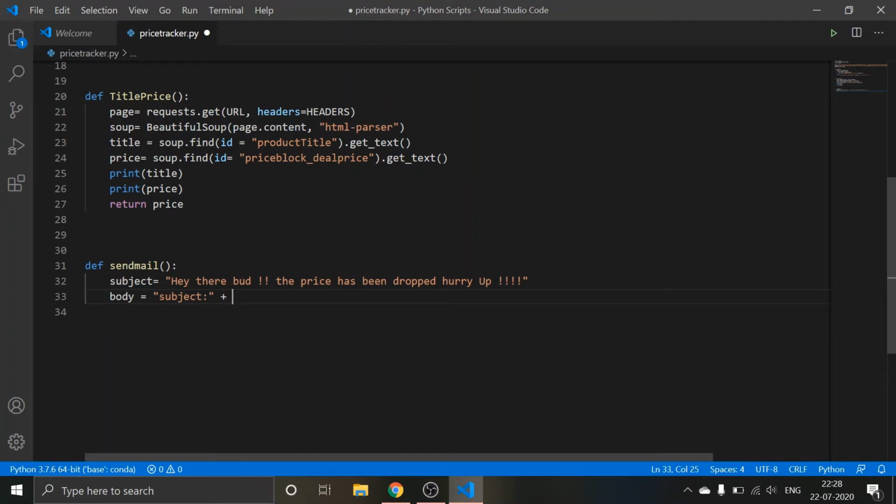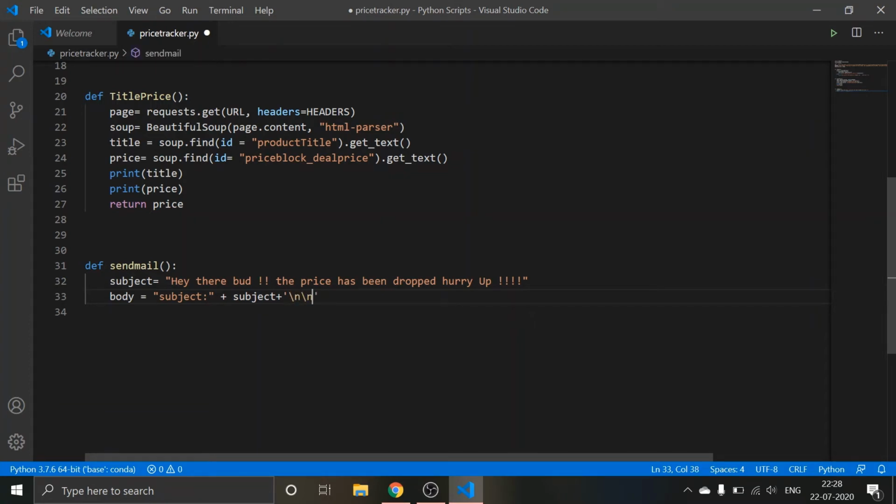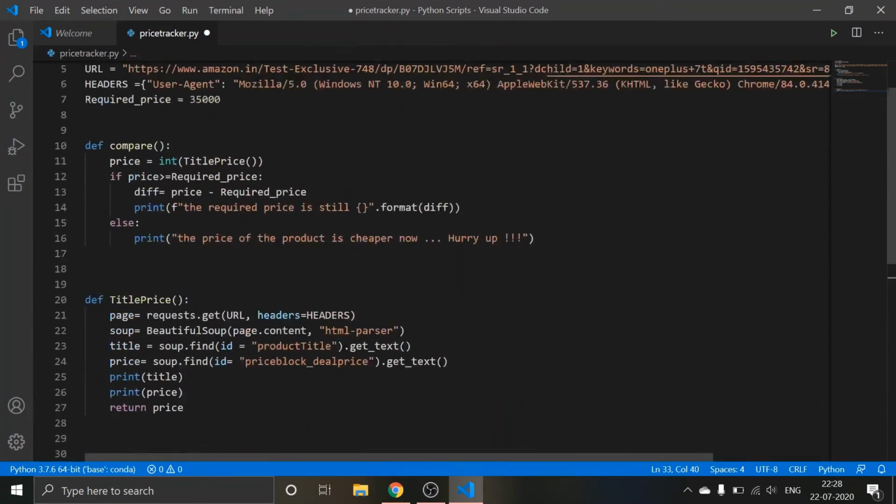So this thing will come, Control C, Control V. So this also comes here, and after two lines, backslash n, it should be in string format, that's why backslash n plus, what do we want?